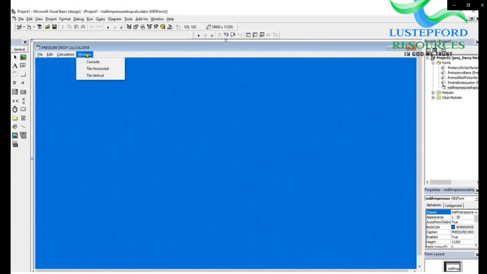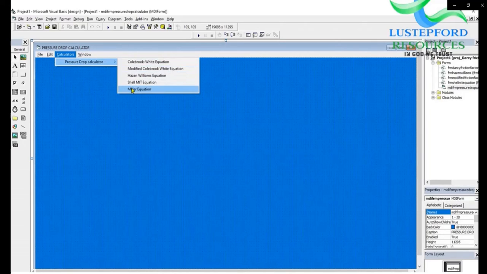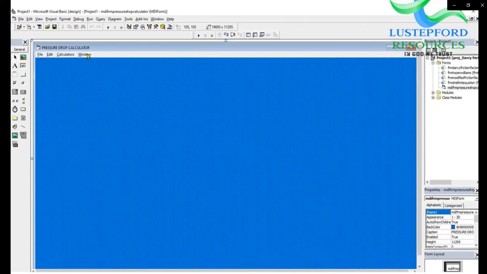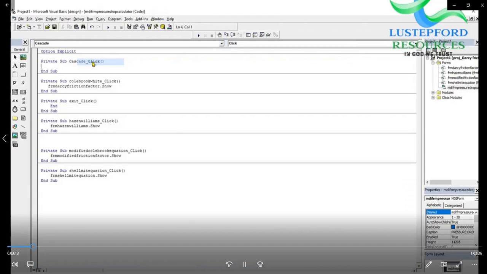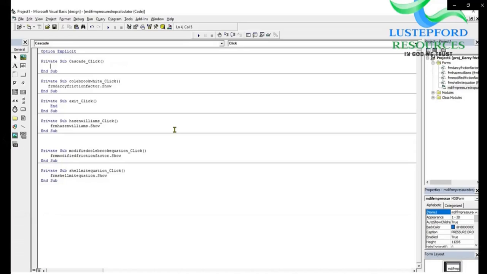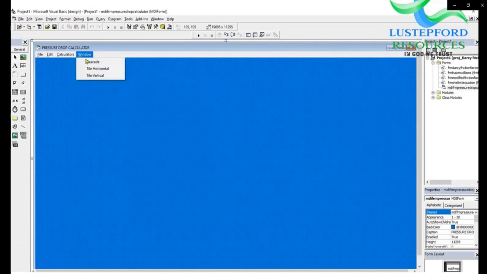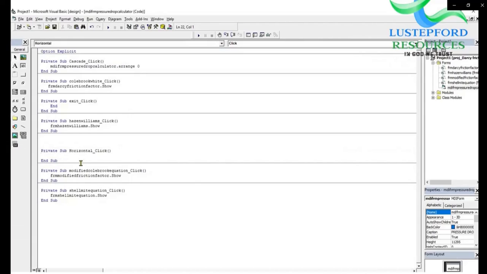Okay, now I've checked everything is okay. Now I click Cascade. So what I will do now is say mdiform.arrange 0 for cascade. Go back to the form, click Tile Horizontal,